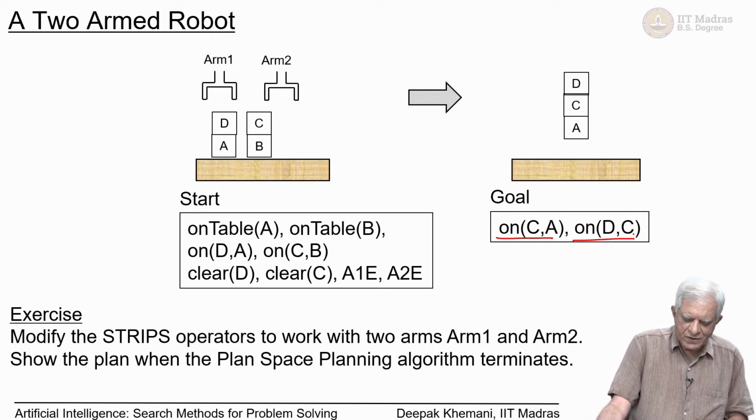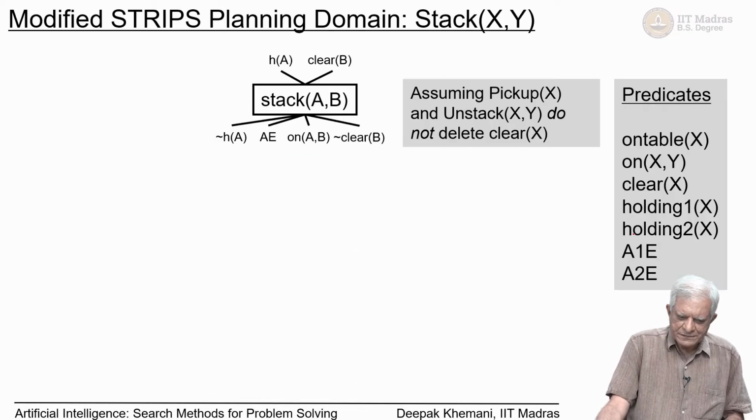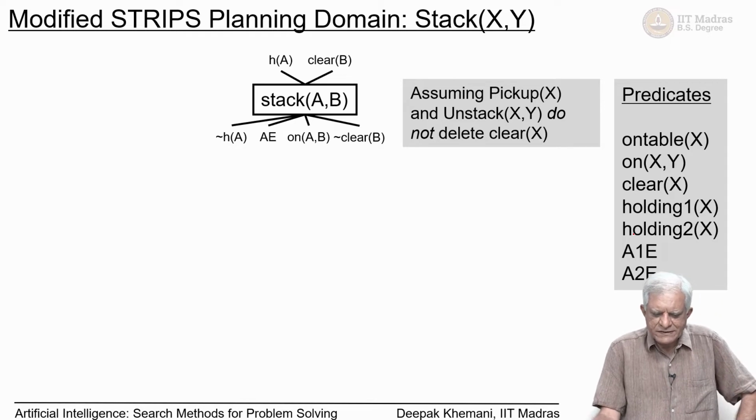So, first we want to modify the STRIPS operators to work with those 2 arms, and then show that the plan space planning algorithm terminates essentially. So, these are the modified STRIPS actions essentially. One thing that we will also address while we are doing this is this